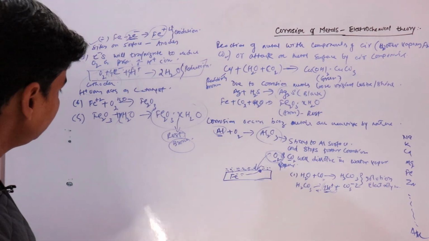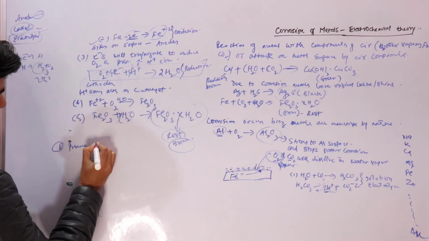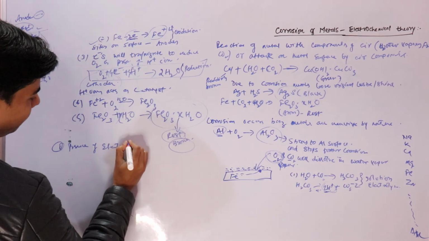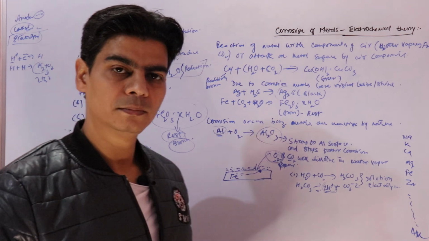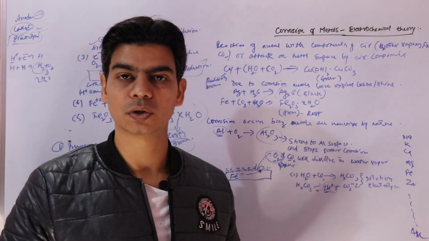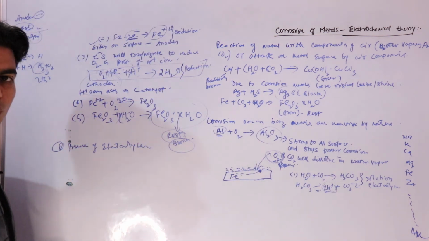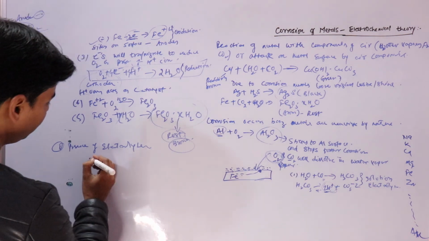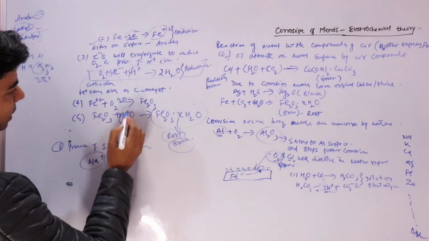And one more thing, the presence of electrolytes promotes corrosion, or we say corrosion is promoted in saline water, the water that contains dissolved salts. Suppose a water contains dissolved sodium chloride, it will promote corrosion, because electrolytes contain ions, and these ions help in the movement of